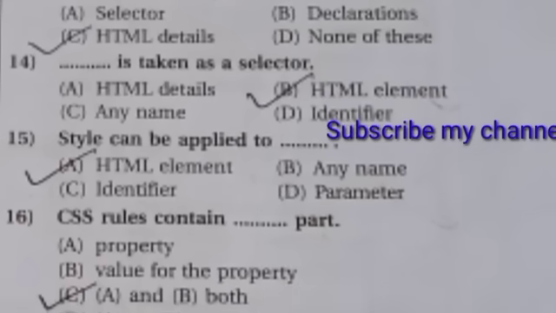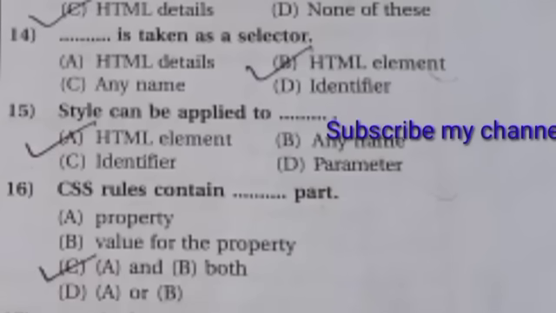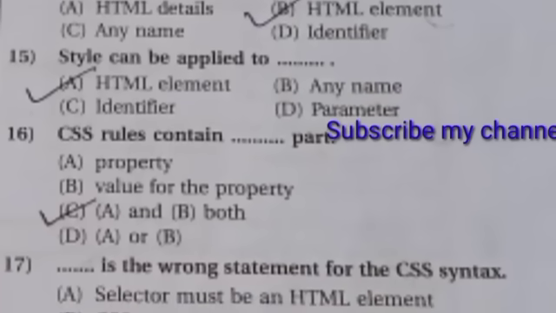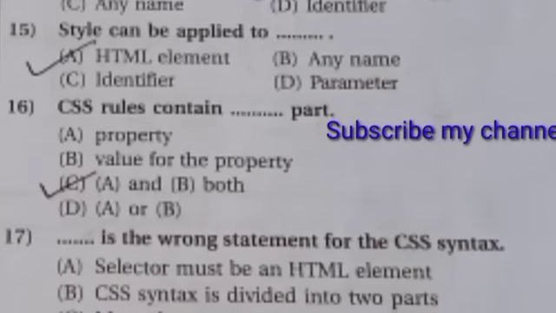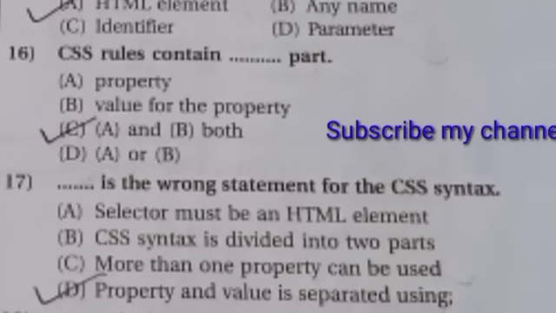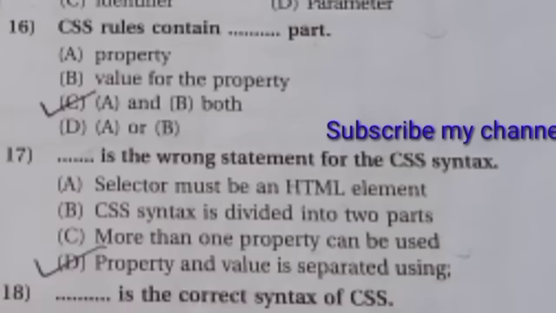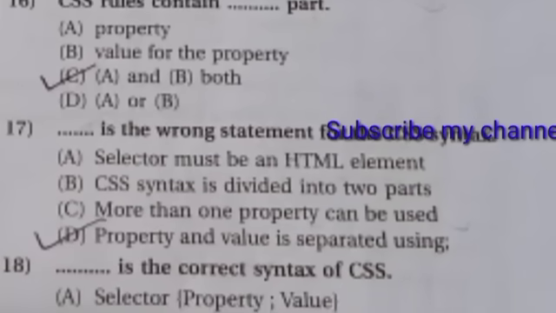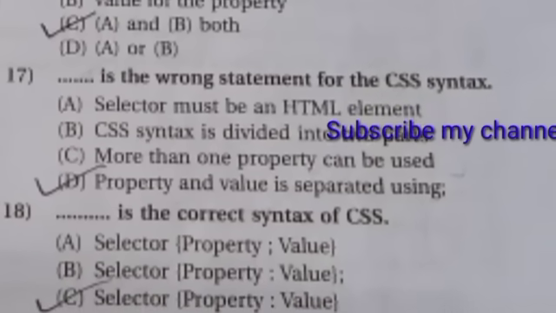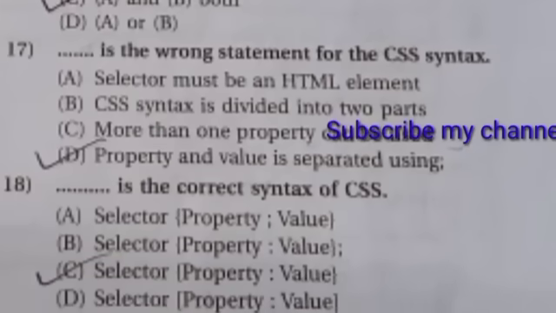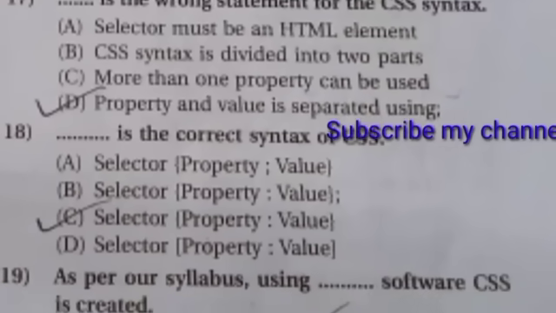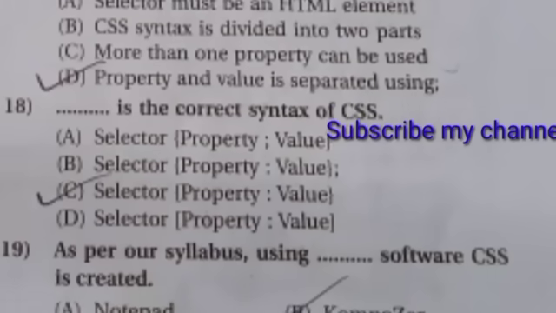13 देखिए, dash is not the part of the CSS syntax। तो सी आंसर है HTML डिटेल्स। उसके बाद 14 देखिए, डैश इज टेकन एज द सेक्टर। बी आंसर है HTML एलिमेंट्स। स्टाइल कैन बी अप्लाइड टू। तो ए आंसर है HTML एलिमेंट्स। उसके बाद 16 देखिए, CSS रूल्स कंटेन्स डैश पार्ट। तो सी, ए एंड बी बोथ। 17 देखिए, डैश इज द रॉन्ग स्टेटमेंट फॉर द CSS सिंटेक्स। तो इसका डी आंसर है प्रॉपर्टी एंड वैल्यू इज सेपरेटेड यूजिंग।